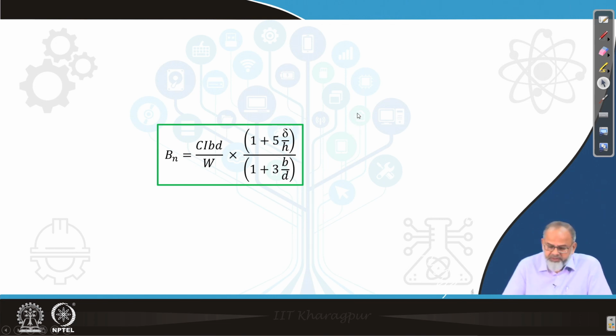So, this is expressed as CIBD by W into (1 plus 5 del by H) by (1 plus 3B by D). Since rolling resistance is a function of mobility number, coefficient of traction is also a function of mobility